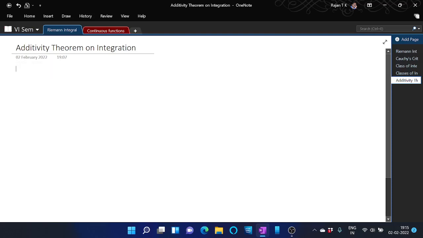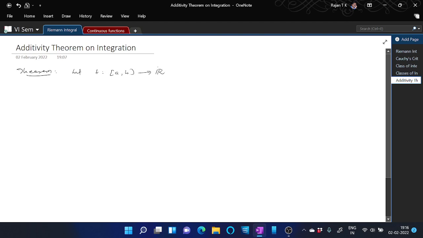Here we discuss the additivity theorem on integration. The theorem is this. Let f be a function from [a,b] to R, and c be any point in between a and b. Then